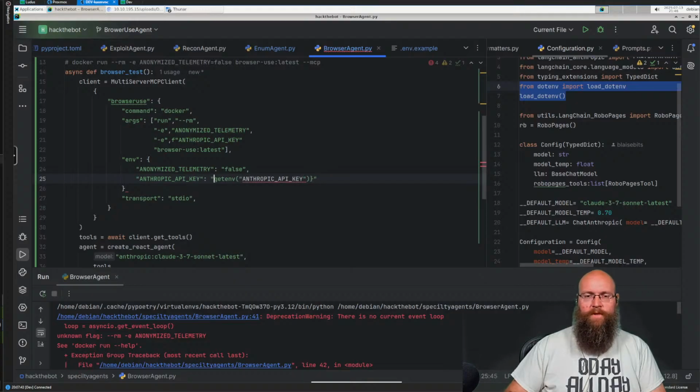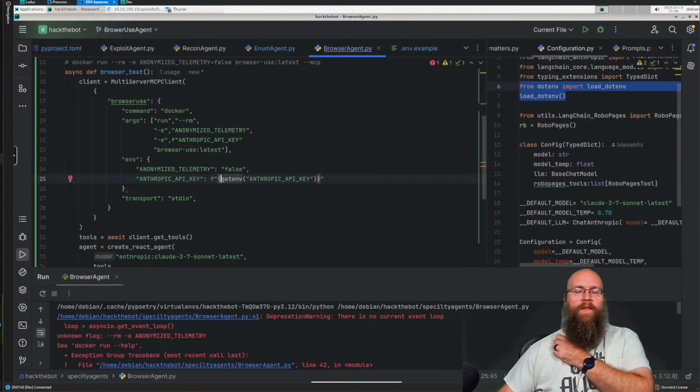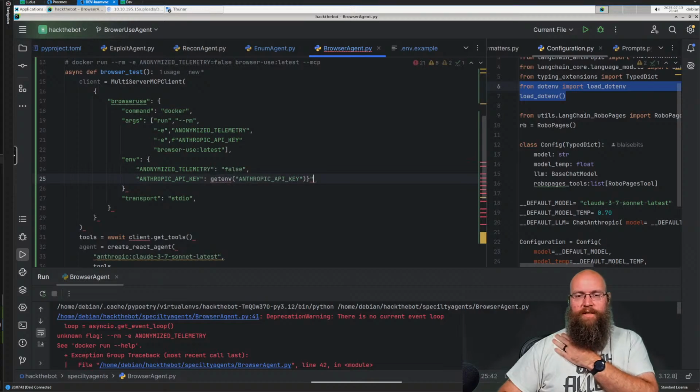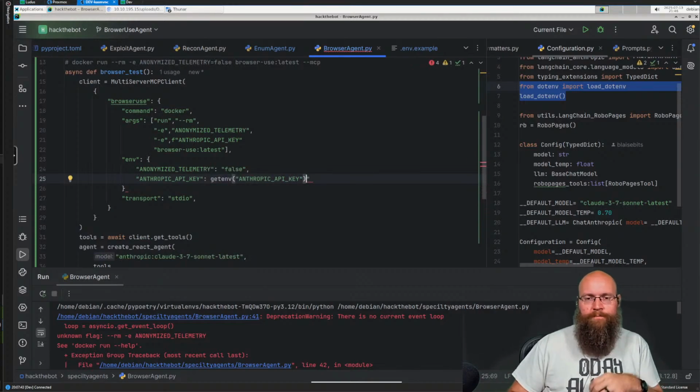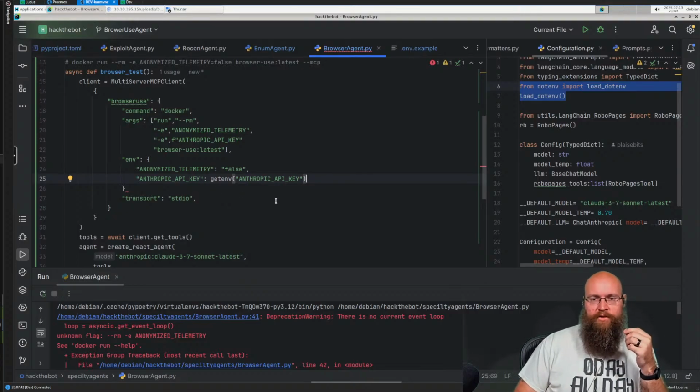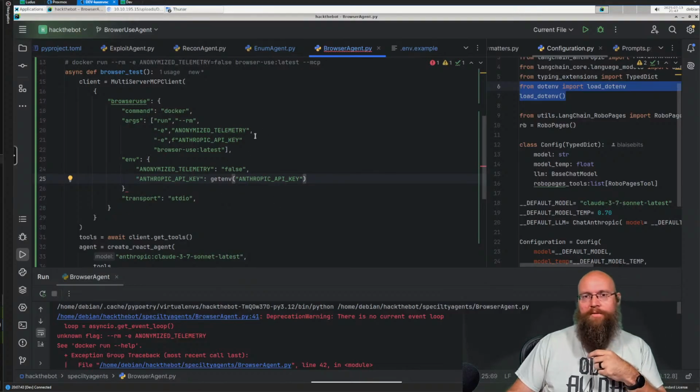Did I screw that up? I did. Boop, like that. Actually, I don't even need that. I can just do get env like this. Boop, there we go. Excellent. Eventually, this will support additional language models. I was going to hit the big three, so OpenAI. Actually, we'll probably just do OpenAI, Anthropic, and OpenRouter. We'll try to see if we can get OpenRouter to work in this. And then once that's all good, I'm going to call that pretty decent there.